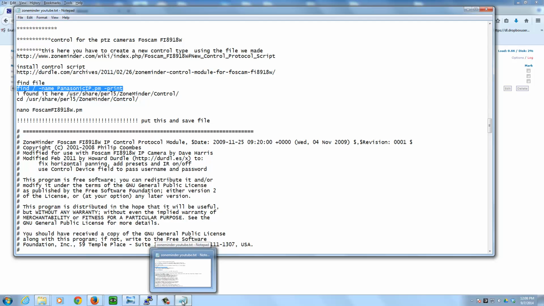Create this new file in that directory that gives ZoneMinder the control of your Foscam IP camera, so you can remotely move it right and left and wherever you want to view it on. So what I did was